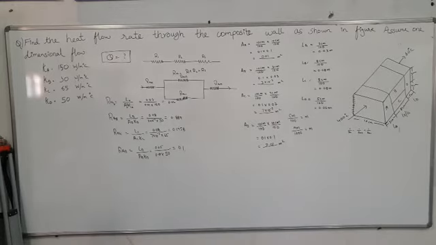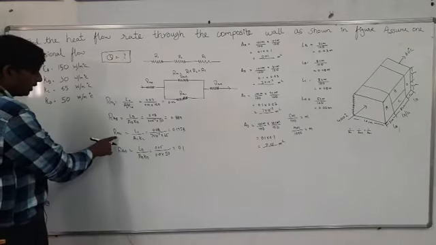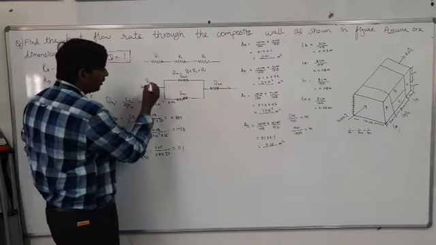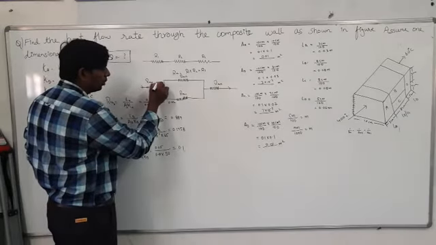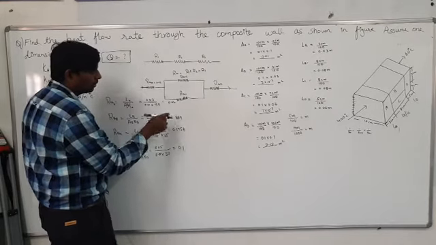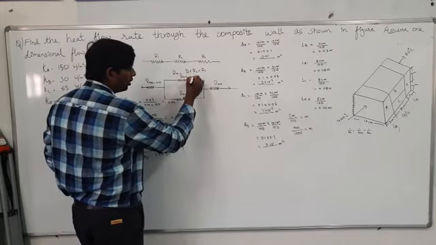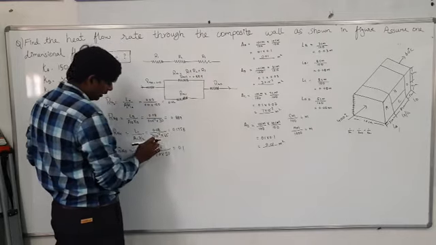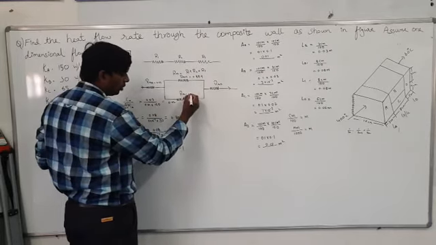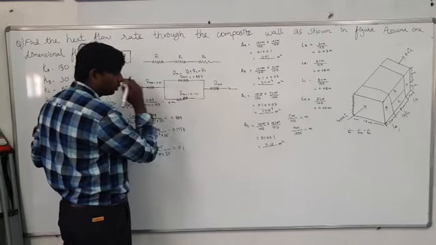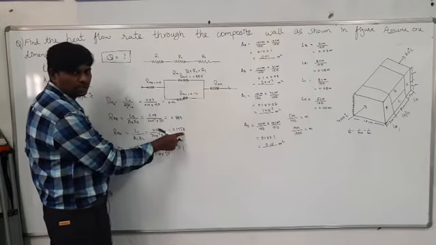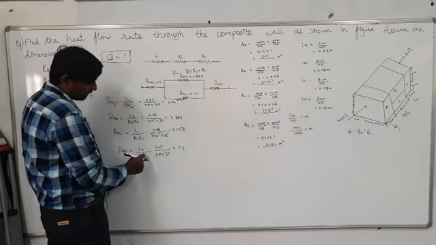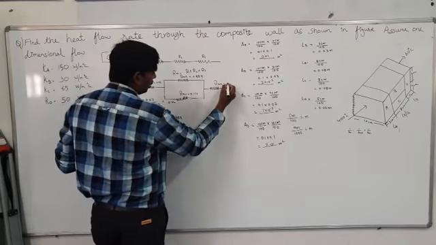After getting the values RTHA, RTHB, RTHC, RTHD, next you have to substitute the values here. How much did you get for RTHA? 0.02. Next value is equal to how much? 0.889. Next value is equal to how much? 0.156, also you can write, here more than 5 is there, na? So 1 you can transfer here, 0.176.